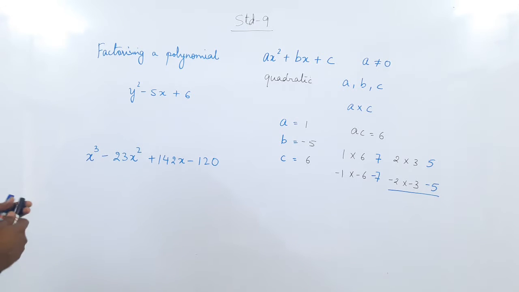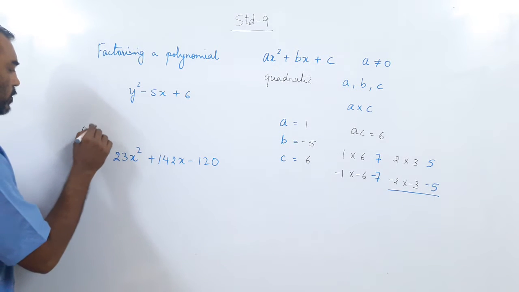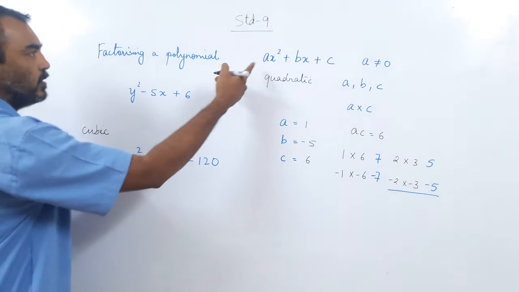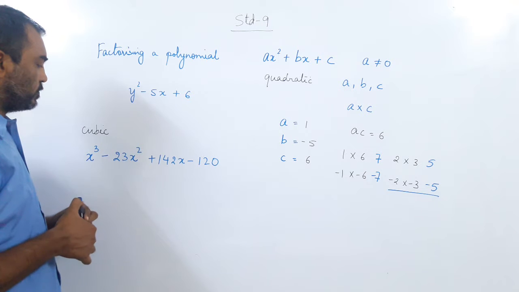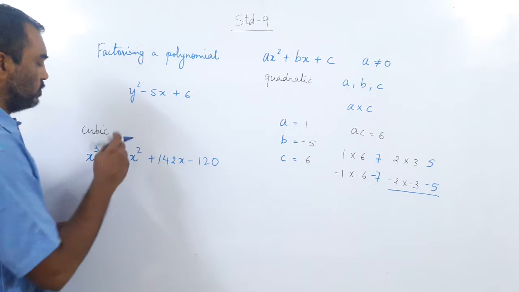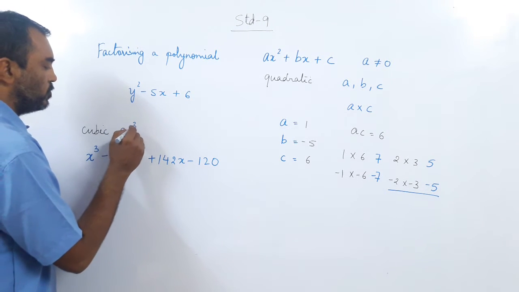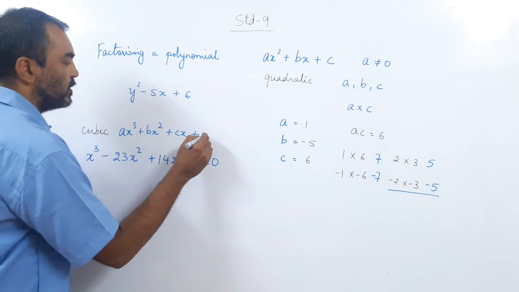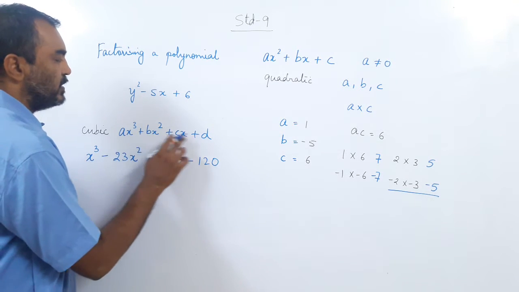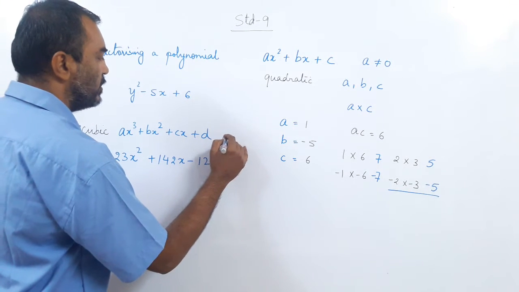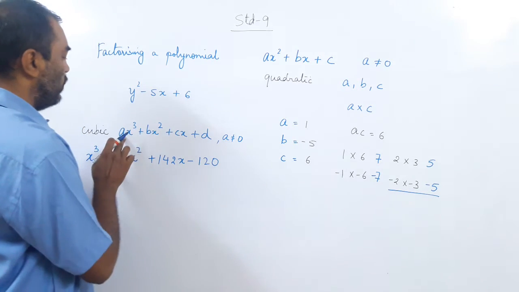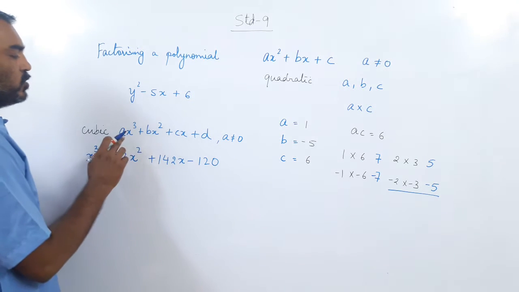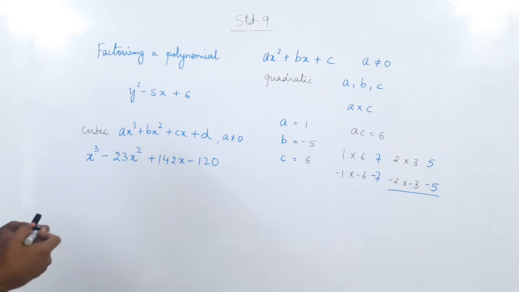Now this is not a quadratic. This polynomial is called a cubic polynomial. Okay? So how is a cubic polynomial written? In this form it is written as ax cube plus bx square plus cx plus d. Again here a, b, c and d are constants. A is not equal to 0, a cannot be 0. If a is 0, this becomes a quadratic equation because this term goes away. So a is not 0, a, b, c, d are constants.